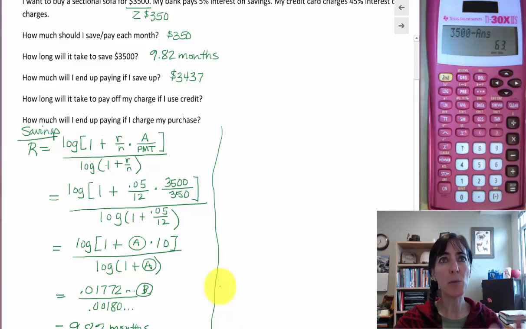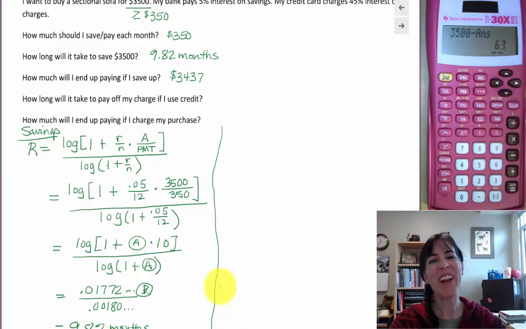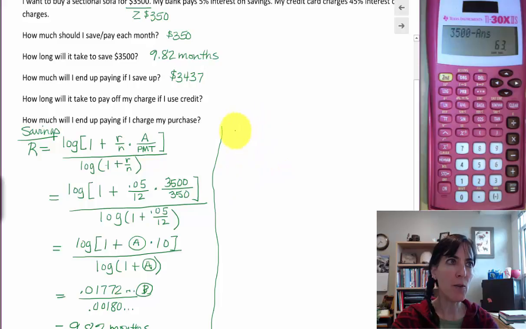And so now I have similar questions for the credit card route. Remember, a credit card, you go swipe your card and you walk home with the sofa day one, which means that you charge the $3,500 to your credit card right away, and then you make payments on it every month. And your payments are going to be the same that we did for the savings account because we want to compare apples to apples. So we'll say for credit card,